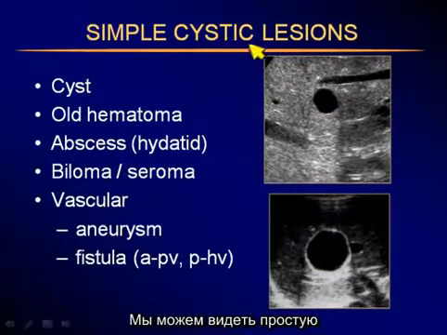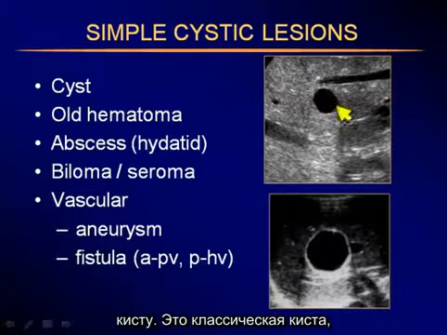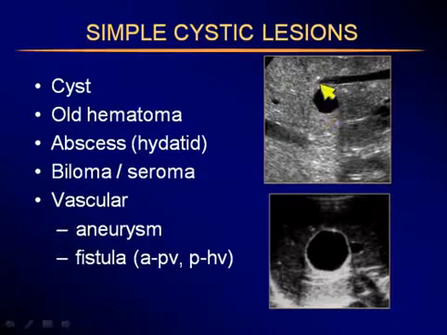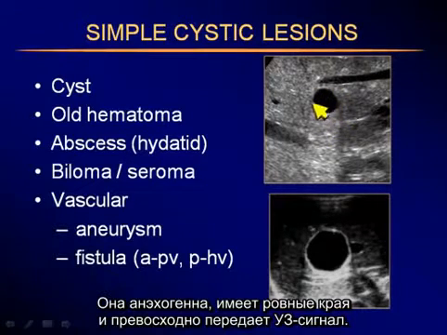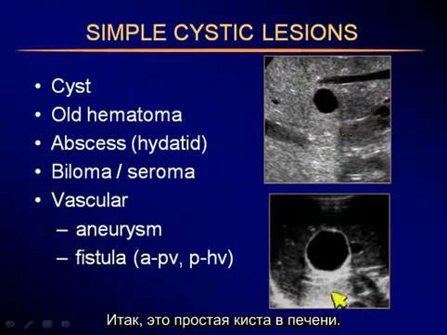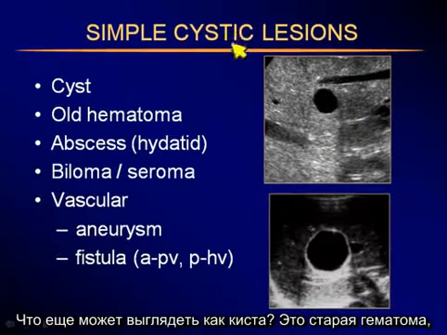We can see simple cysts. Now this is a classical cyst like anywhere else in the body. Anechoic mass, smooth margins, excellent sound transmission. So this is a simple cyst in the liver. What else can be a simple cyst? Well, an old hematoma,